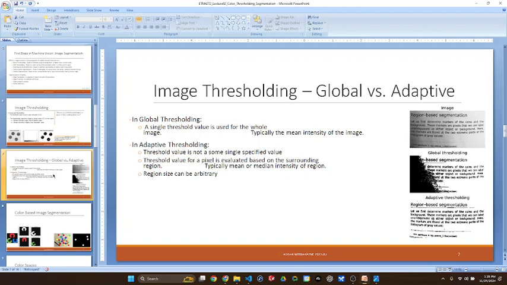So if you use 127 or whatever kind of average you want, this is the result that you get. As you can see over here, on the left side of the image, the difference between the background and the letters is not that high, right? But over there on the right, the contrast between the foreground and the background objects is high. As a result, what's over here would get properly thresholded, and you would see a very bad output on the left hand side. Now, in cases like this,